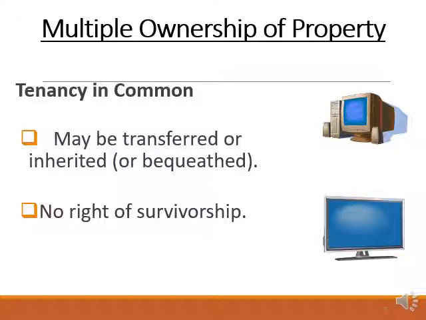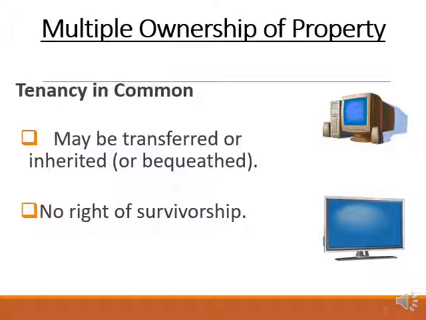With the tenancy in common, the interest can be inherited or bequeathed. And bequeath would mean that someone gets it through a will. Inherited would be when there is no will. And it's based on state law as to who gets it. So if there's a boat that's owned by Jack and Peter, they each own the boat as tenants in common. If Peter dies, at Peter's death, Peter's heirs would have Peter's 1/2 interest. It would not go to Jack. So there's no right of survivorship with a tenancy in common.